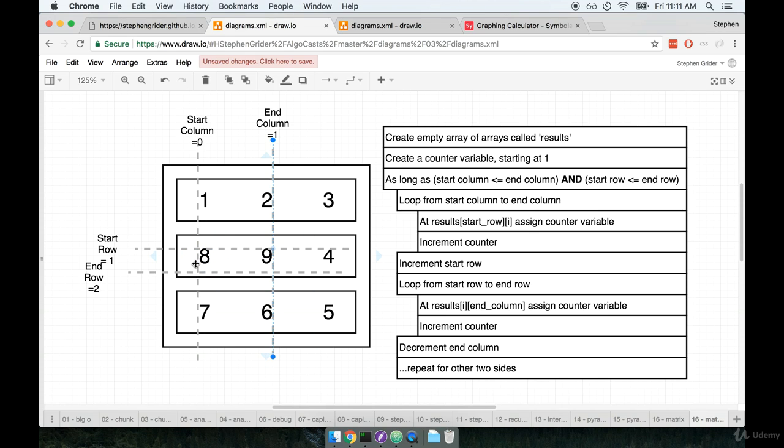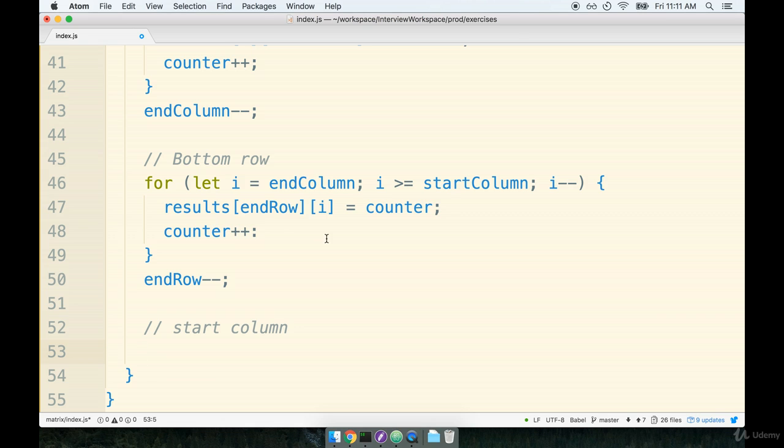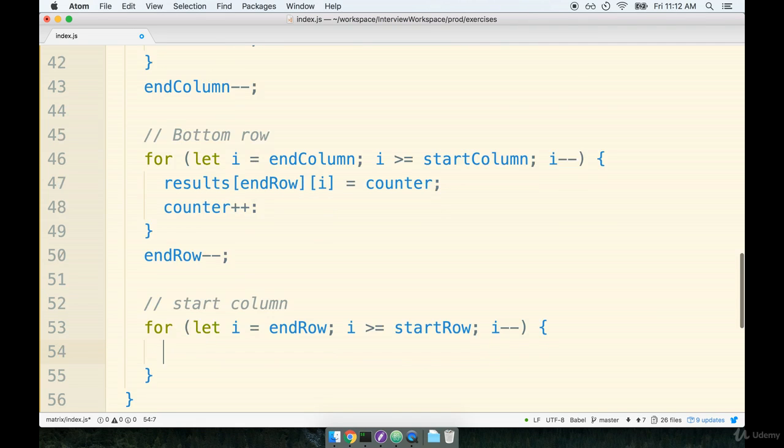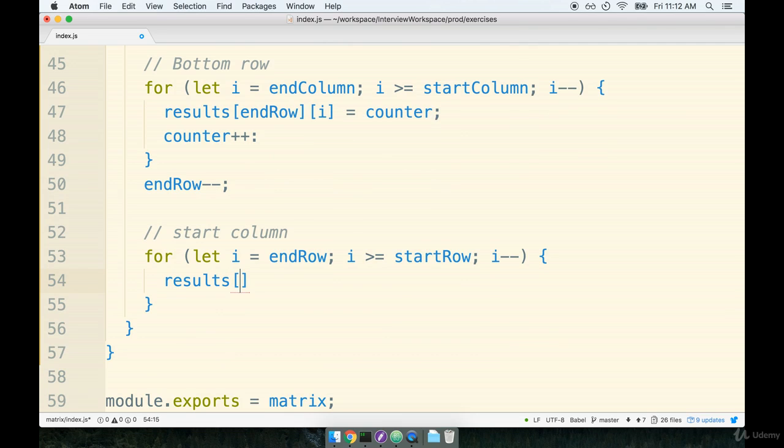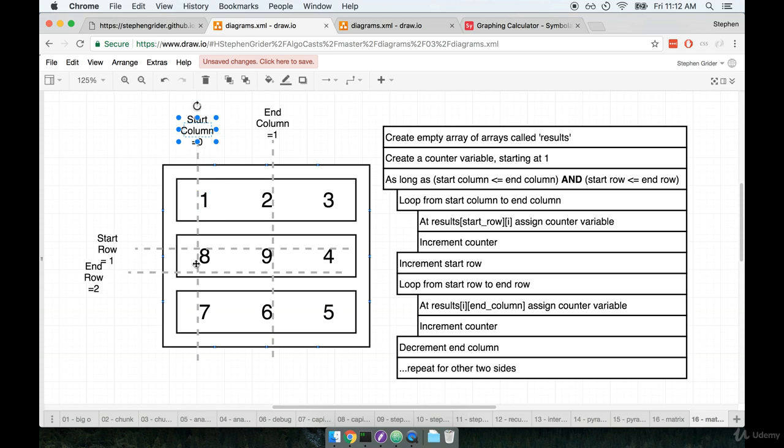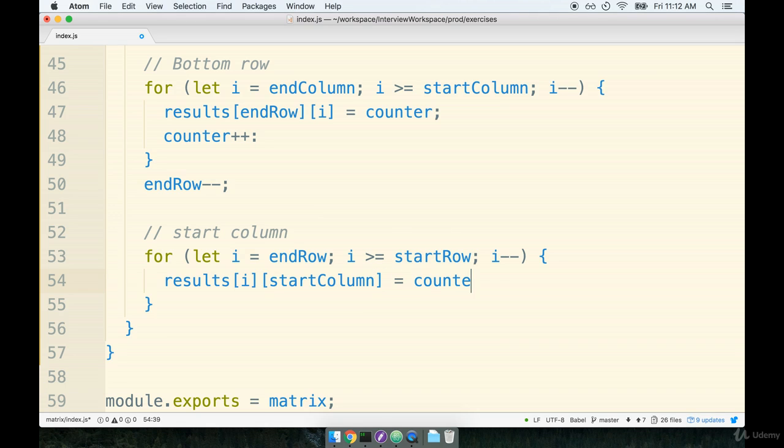It would have been a little bit more interesting if we had a 4x4 matrix to look at, but we are now going to iterate from essentially right here up to here. So we're going to go from our end row down to our start row. So we will iterate from let i equal to end row, i greater than or equal to start row, i minus minus. And then for every step along the way, we're going to assign results at i with start column, because remember we want to assign at column 0 right now, and we're going to assign the counter here,